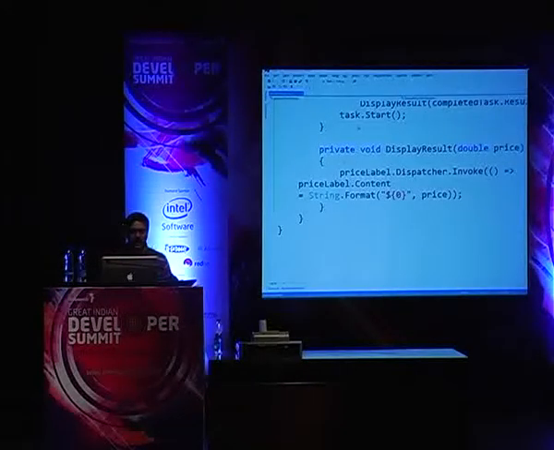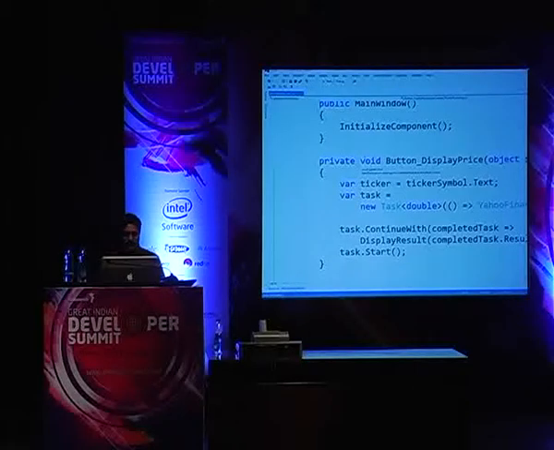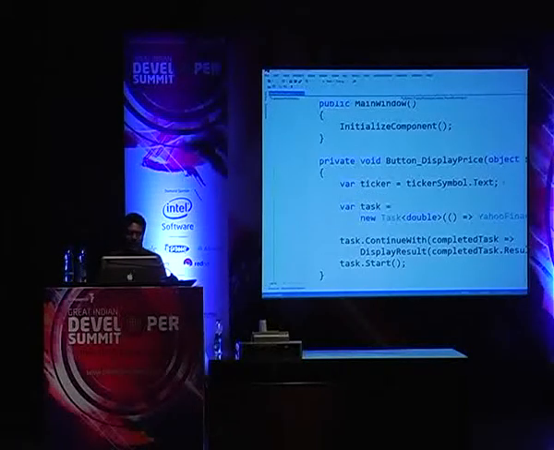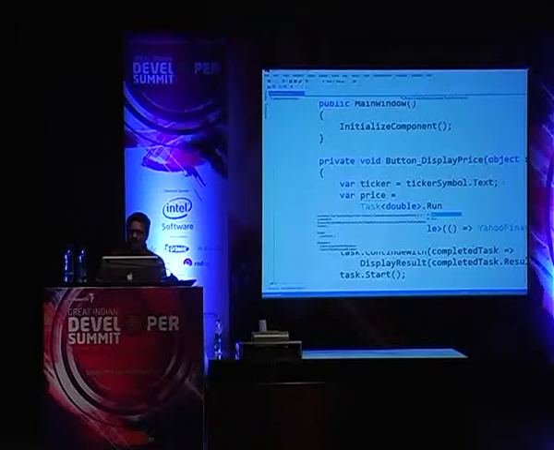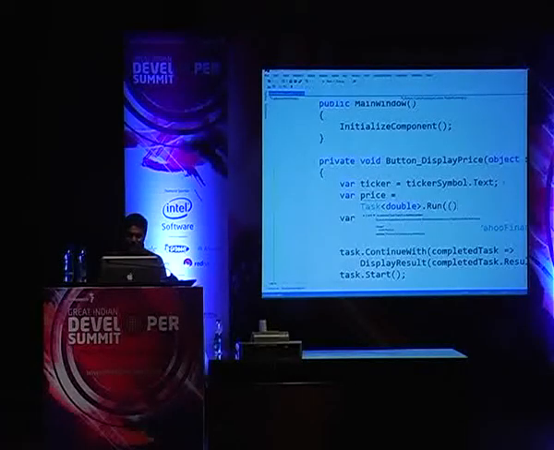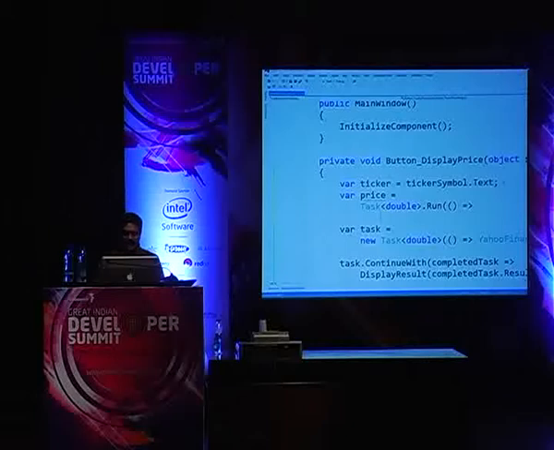So notice what I'm going to do here. I'm going to go back to this code, and in this code, I'm going to say, here's a ticker symbol I have on my hand. I'm going to ask the task to run, but the way I'm going to ask the task to run is to say, here I'm going to say a price equals, and this time I'm going to say Task<double> and then dot Run, and I call a Run method on this. And when I call the Run method, I specify to this the same thing I did before. So YahooFinance dot, and I'm going to give the price for him, and I'm going to ask him to use that.